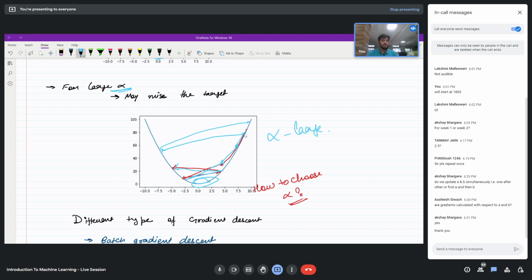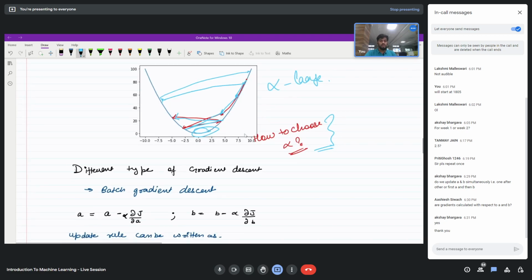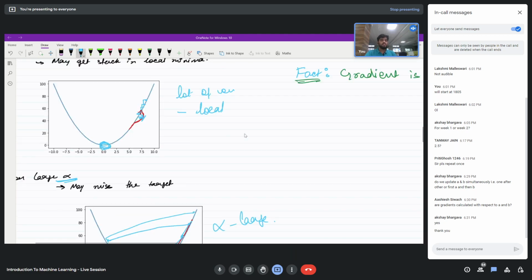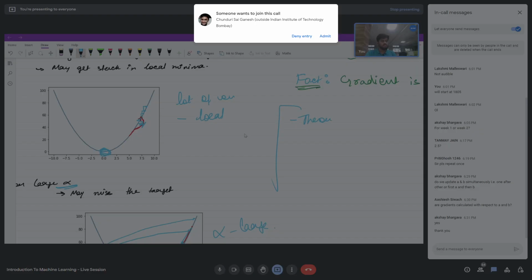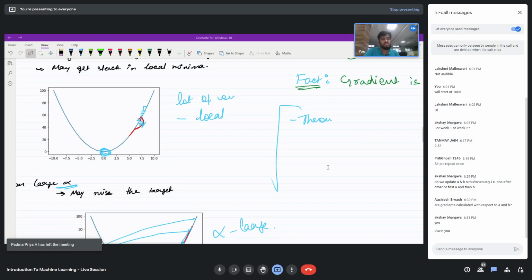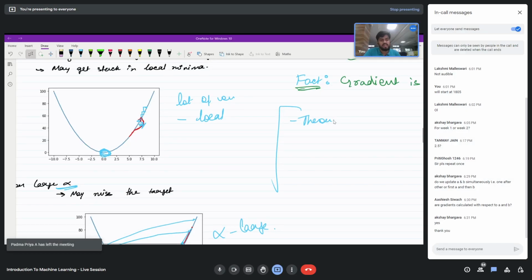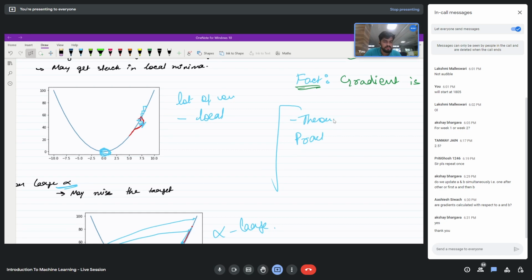So the question is how to choose alpha. Okay. So at least in practice, theoretically you can find a good value of alpha that you might learn in some optimization course and those kind of things. Theoretically it is possible. Practically evaluating alpha at every point is not a great idea. So practically what we do is